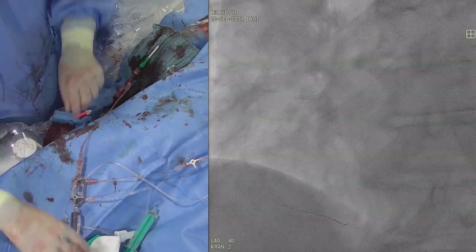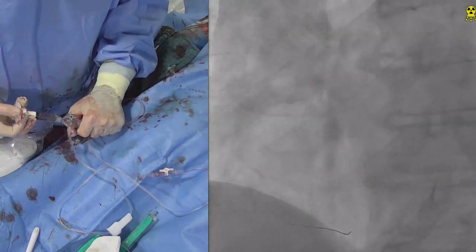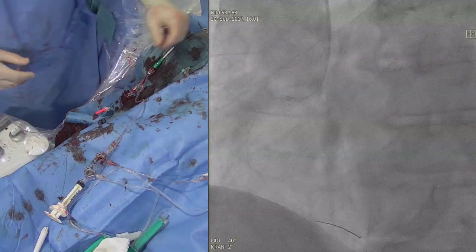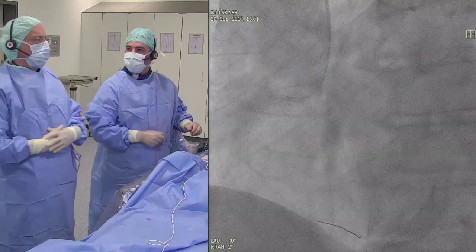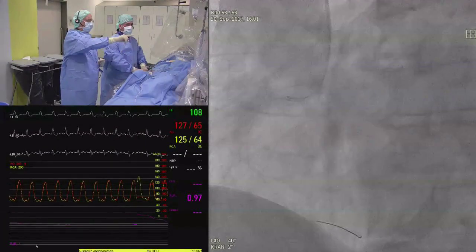So I guess here we have a very nice position actually. We'll confirm it by angio. So I'm quite happy with that. We're just proximal to the... Can we have a look at the pressure screen now? Okay, thank you. It is a really...